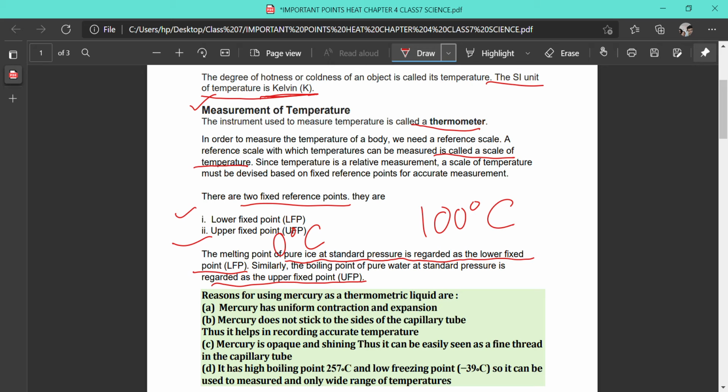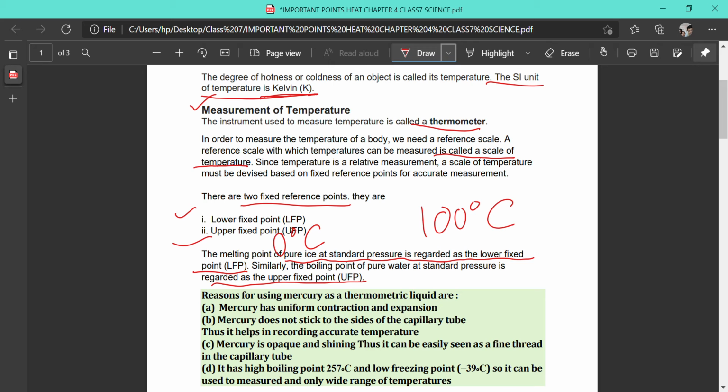The second thermometer that we have read about is called the laboratory thermometer. What is that? The laboratory thermometer is used to take the temperature of all the reactions that are taking place in the lab. The reactions may be of water or of other chemical solutions. A chemical reaction may produce an enormous amount of heat, or it can absorb an enormous amount of heat. So it has a wide range, and in the case of the laboratory thermometer, the range is minus 10 degrees Celsius to 110 degrees Celsius, that you should know.